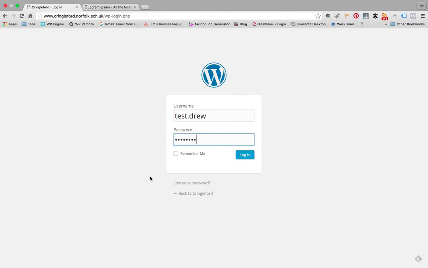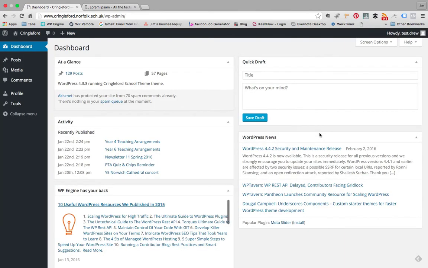You can just click on the lost your password link, put your email address in, and that will then send you a link to reset your password. So once you've got your password, we just log in there. This will now take you to the WordPress dashboard, and from here you can now set up your new post for your blog. To do that, if you just go New, you can go Post,